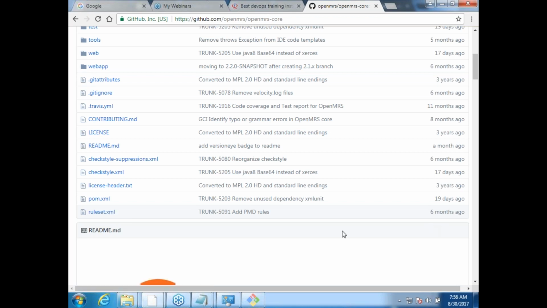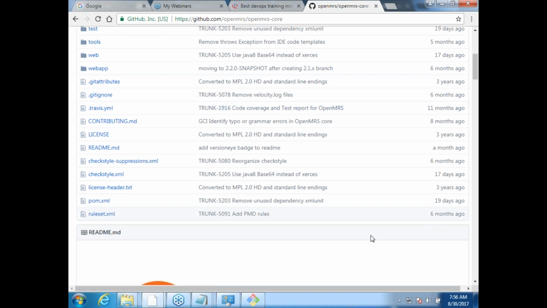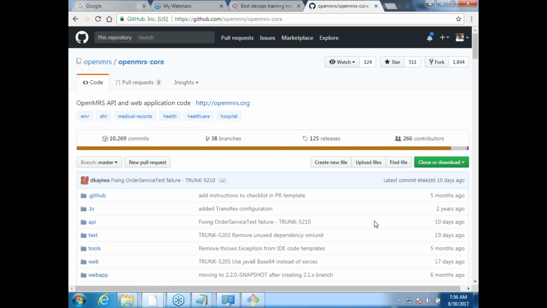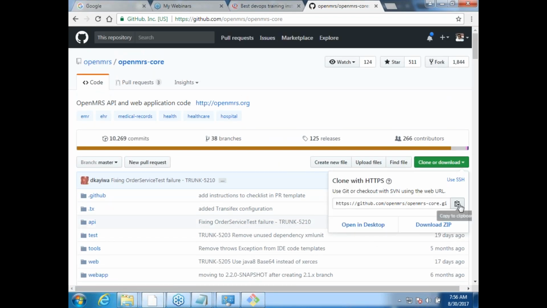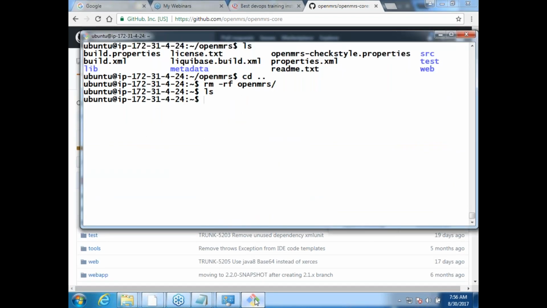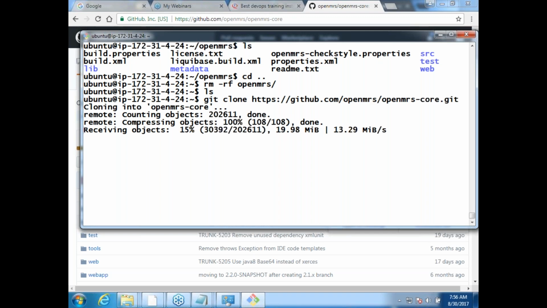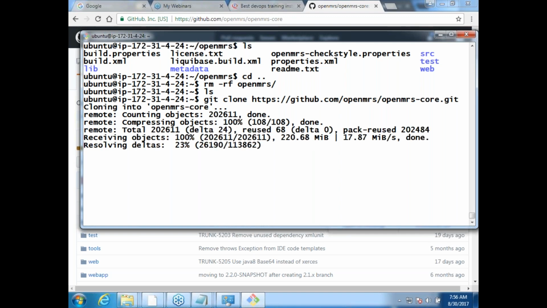Now let us assume that I want to build this. So let me go back and do the same stuff again. Copy this and do git clone. Exactly, these are the steps whatever your Jenkins also will do whenever it wants to build OpenMRS. It would take the code, download it, and then get into that folder, and then it would initiate build commands.